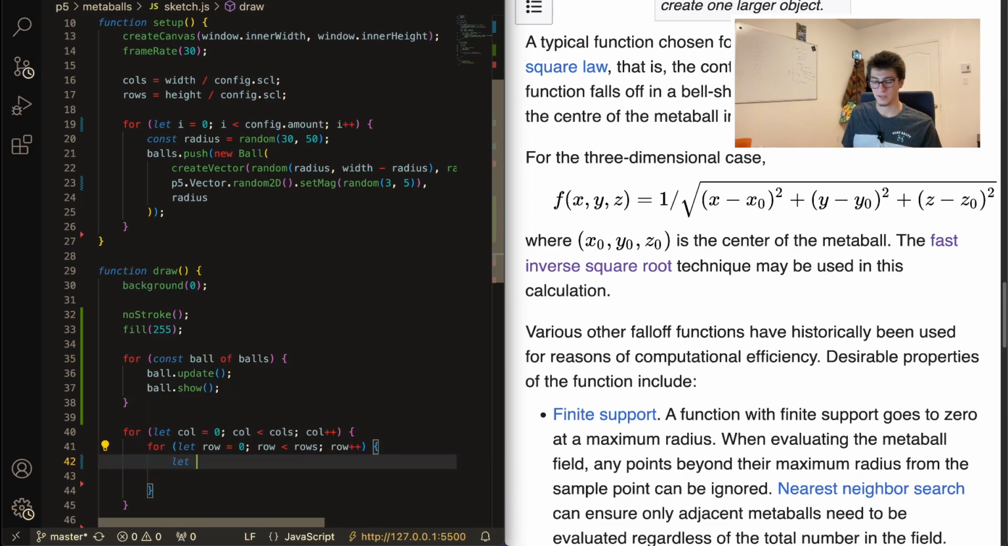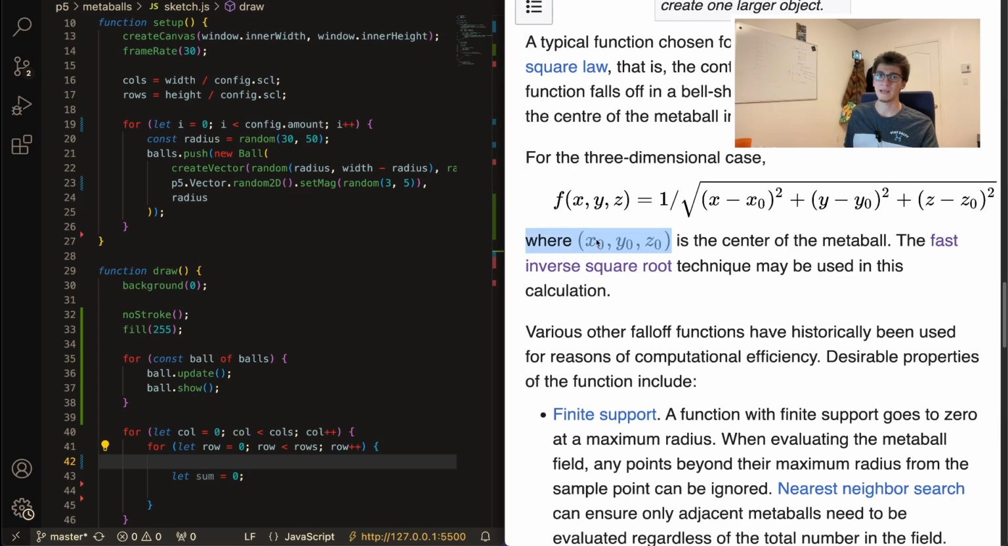So we'll need some kind of summation that happens while we execute this on all of the balls. We'll need to know the current x and y. So if you take a look at this formula, there's x minus x0. If you take a look just under it, x0, y0 is the center of the metaball. So for each of our balls, we'll use the x and